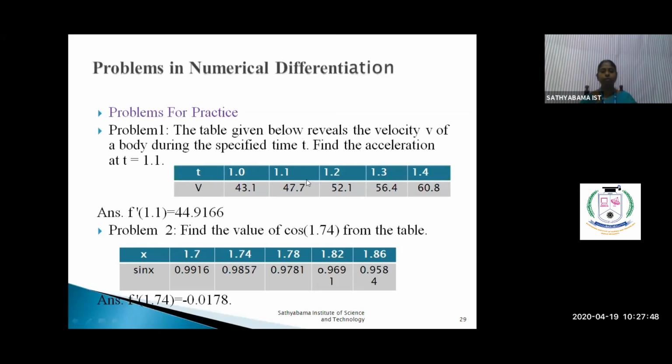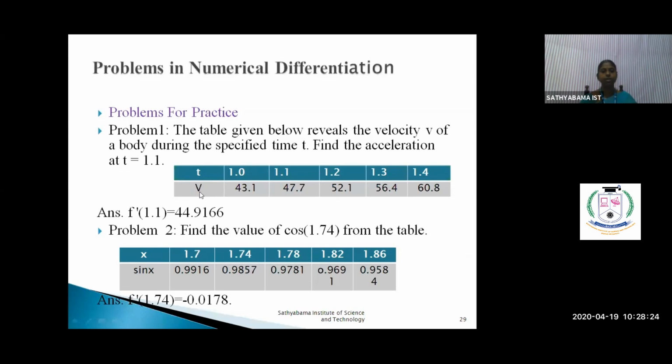So which formula do I want to use, the first order or second order? Think: since v is given, and we want to find out the acceleration, we want the first order derivative formula from the velocity. The rate of change of velocity is what? The acceleration. dv by dt only I should find out. Don't use the second order, because it is not the distance, it is velocity. Velocity is given, so from the velocity, I should find out the acceleration.